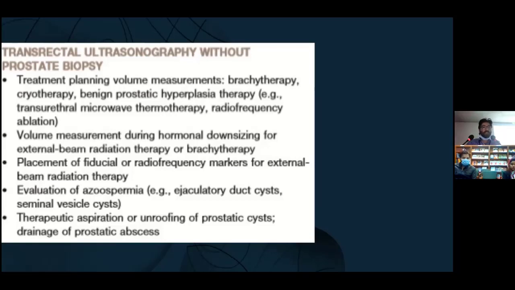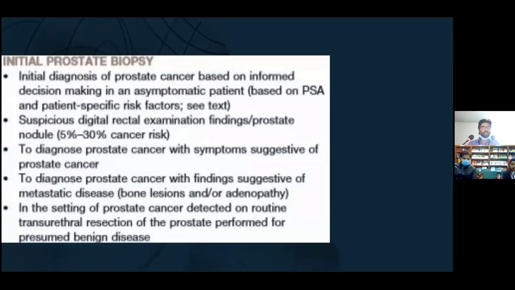When volume measurement is done during hormonal downsizing for external beam radiation therapy or brachytherapy, placement of radiofrequency markers for external beam radiation therapy, evaluation of azoospermia, for example, ejaculatory duct cysts or seminal vesicle cysts, therapeutic aspiration or unroofing of prostatic cysts, drainage of prostatic abscesses. While these are some of the indications of TRUS, now the indications of initial prostate biopsy,